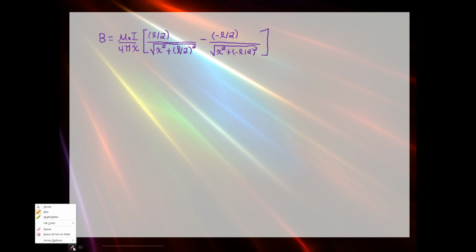Okay, a couple things about this we can simplify. First of all, the denominators are pretty much the same thing, except in brackets here is positive L over 2, and here it's negative L over 2. But since you're squaring it, it's actually equivalent to L over 2 squared. So we have a common denominator set up. And then I can combine the numerators because subtracting a negative would just be adding a positive. Therefore, you'd have